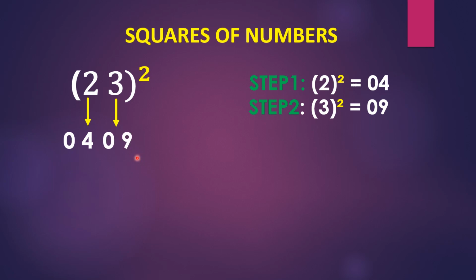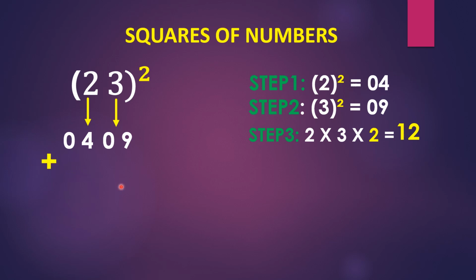I'm reiterating once again, if it is a one-digit number, don't write it as only 4. Write it as 04, 09, 06, whatever you are getting. And the next, third step, you multiply all the digits, 2 into 3 into the power. The power of 23 is 2. All these 3 digits you have to multiply. So I have taken here 2 into 3 into 2. It is 12. 2 3s are 6, 6 2s are 12.